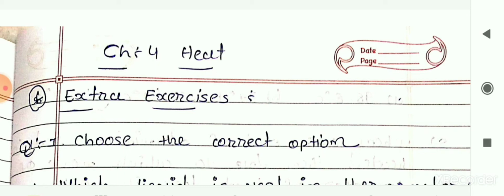Then we had seen the instrument which is used to measure the temperature of a substance. So the instrument to measure the temperature of an object is called the thermometer. And then we had seen different kinds of thermometers. The thermometer that measures our body temperature is called a clinical thermometer or doctor's thermometer. And then we had seen the range of this thermometer. So clinical thermometer can measure temperature from 35 degrees Celsius to 42 degrees Celsius. And in Fahrenheit scale, it's from 94 degree Fahrenheit to 108 degree Fahrenheit.